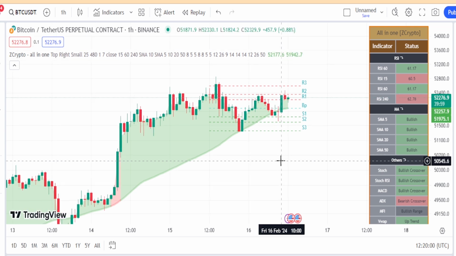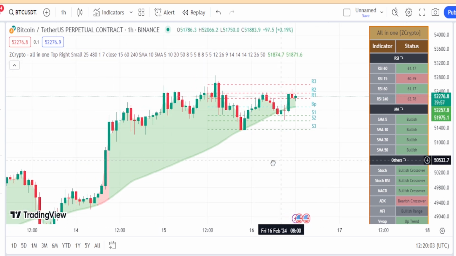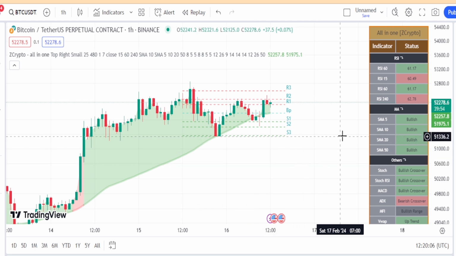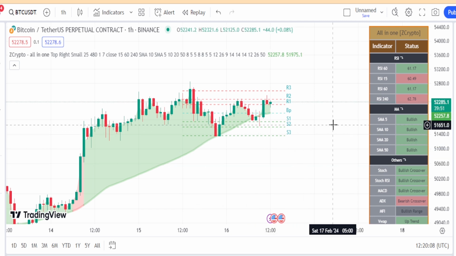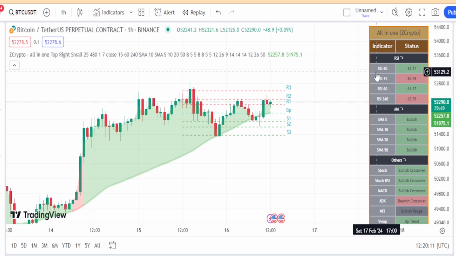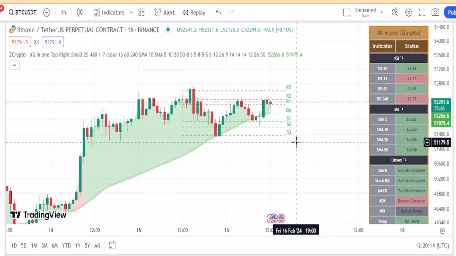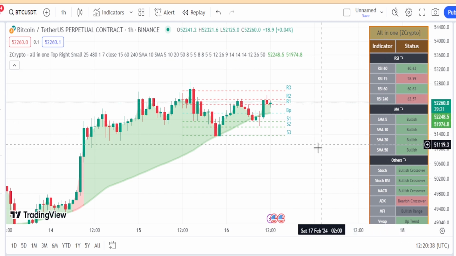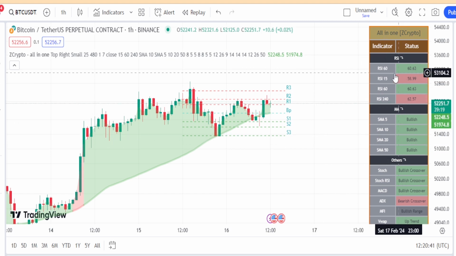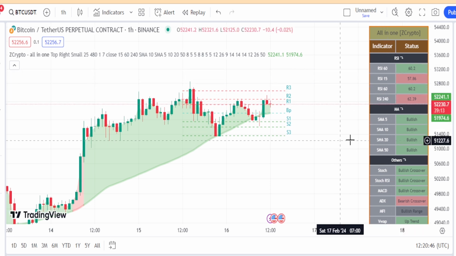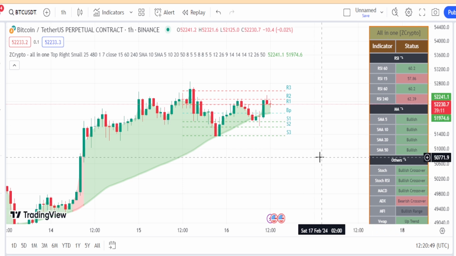The RSI gauges the magnitude of recent price changes to assess overbought and oversold conditions in the market. The multi-time frame feature enables simultaneous viewing of RSI values over different time frames. A green colored RSI cell suggests an uptrend, indicating that the RSI value is above its moving average. Conversely, a red RSI cell, as seen here, signifies a downtrending market, indicating that the RSI line is below its